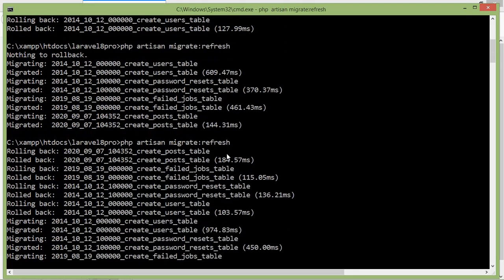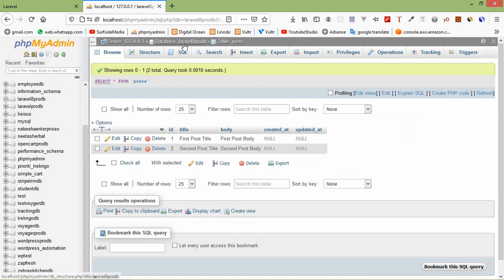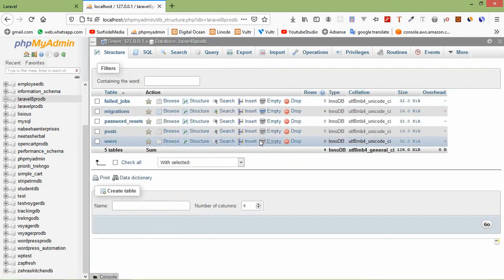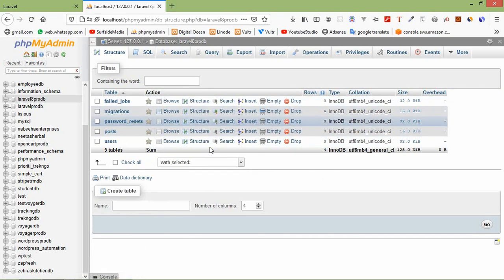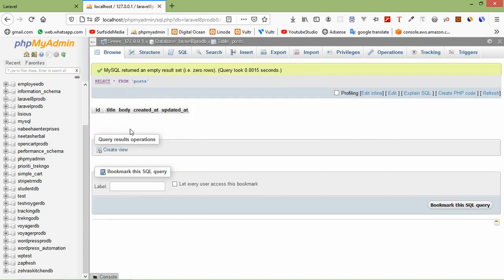Now switch to phpMyAdmin and just refresh the database. Okay, and you can see here all the tables are recreated, and inside the posts table just browse this table and you can see here there is no post. Okay, so in this way you can create and use migrations in Laravel 8.